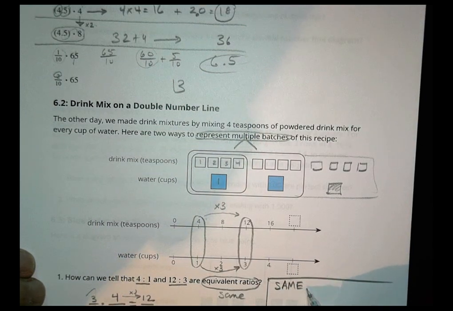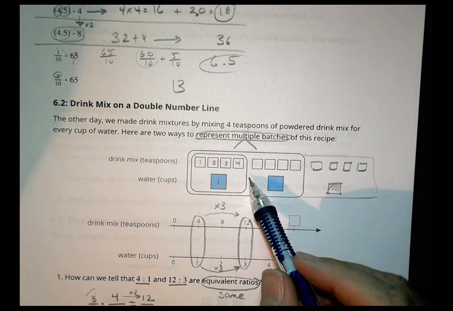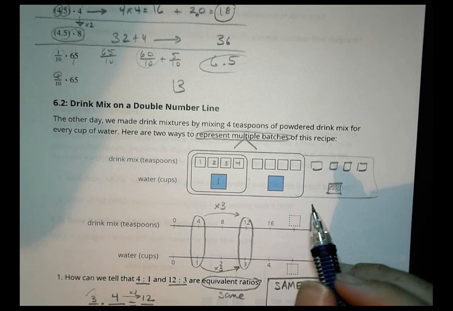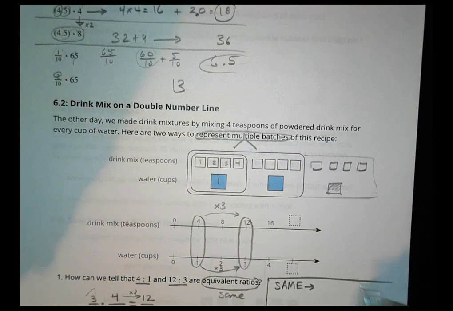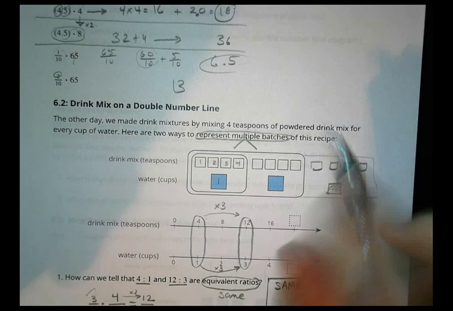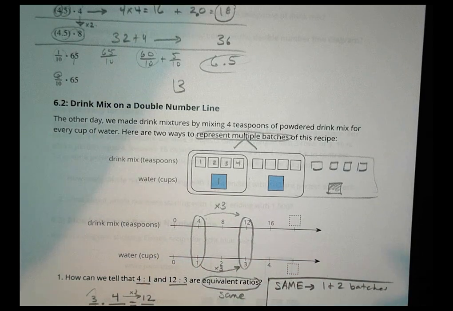So in terms of how they're the same, we can see that both representations, the picture one and the double number line, show me representations for 1 batch and 2 batches, right? So they show me 1 and 2 batches. I can tell how many teaspoons and cups I need for 1 batch and 2 batches, and here's 1 batch and 2 batches. That's the same. In terms of being different,